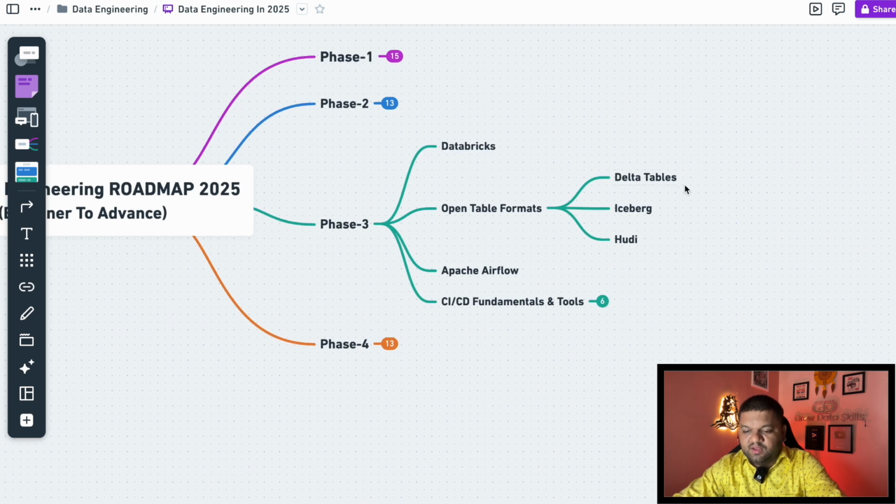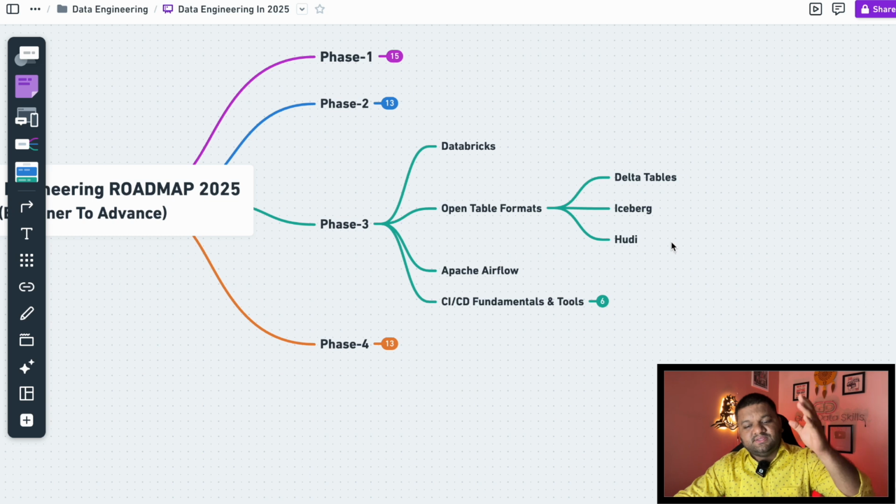Things like Delta tables, which you will mostly find along with Databricks, Iceberg, Hudi, because these are the open table formats which allow you to perform insert, upsert, delete sort of operations on a row level, and that too on petabytes of data, when it is stored on some persistent file storage systems like S3, Google Storage, ADLS or HDFS. So that is why they are really important to know, right? You can't ignore these things nowadays.